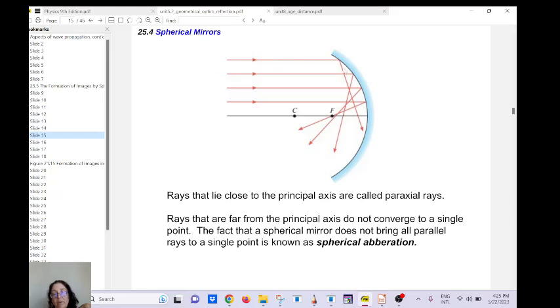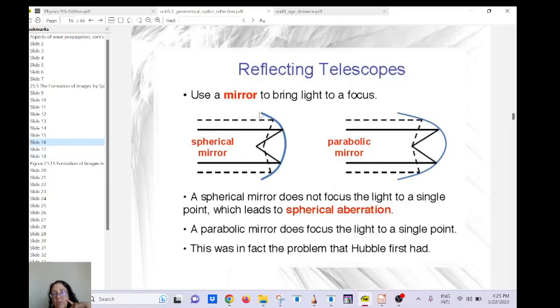Now, we have an issue when we make those mirrors. For a makeup mirror, it doesn't matter. But if you want to make a larger mirror, or use a mirror for a telescope, it's not going to work very well if it's a spherical shape, because it works for rays close to the optical axis, but rays farther away are not going to go through the focal point here. This is called spherical aberration, and it's an issue for telescopes. So we don't make spherical mirrors. Actually, we make parabolic mirrors, such that all those rays here that are parallel